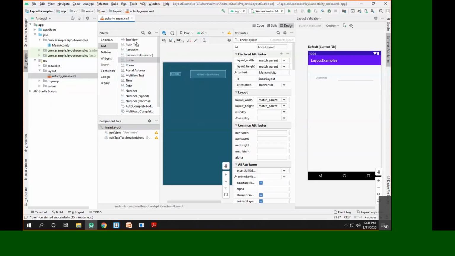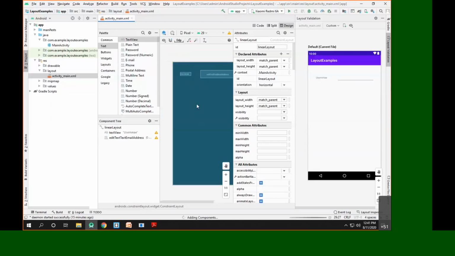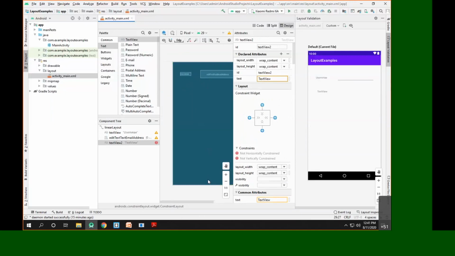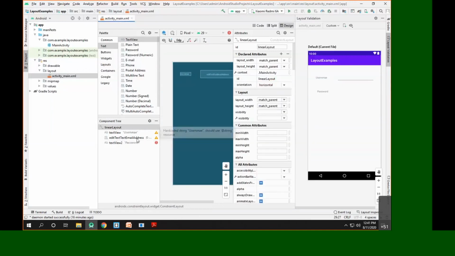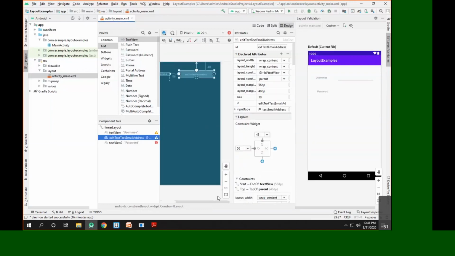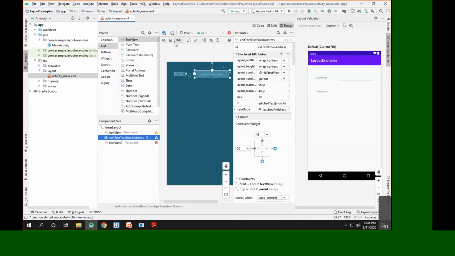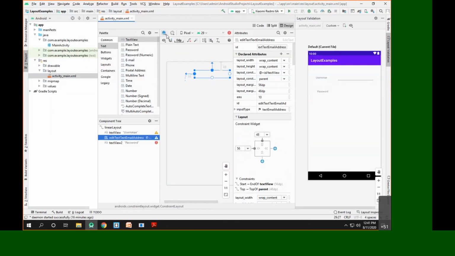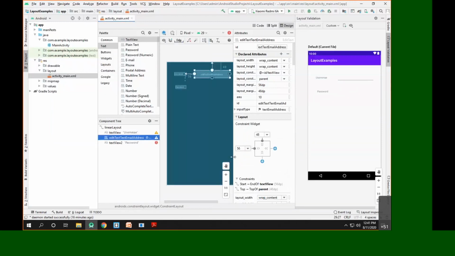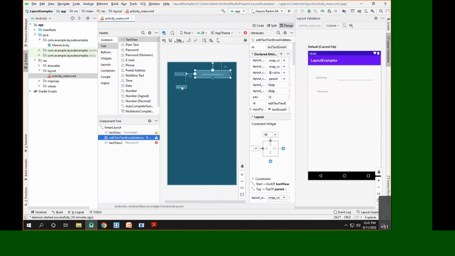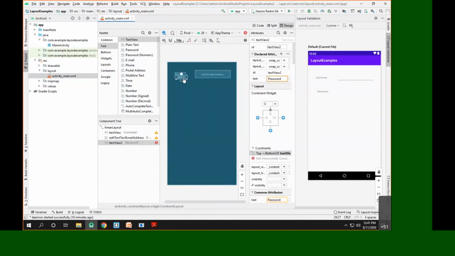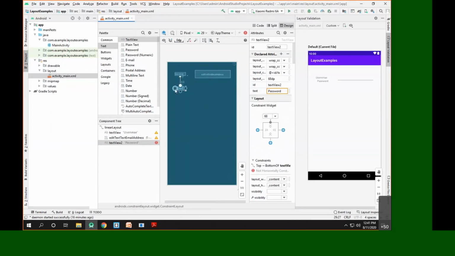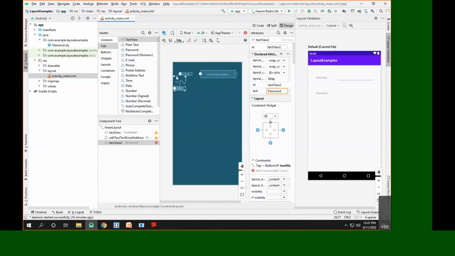Now we'll simply take one more text view and add it here, and we'll call this particular text view the password. Let me refresh it. Now you can see it's visible here, and similarly we'll add the constraint of this with the username, and the horizontal constraint will also be with the username.